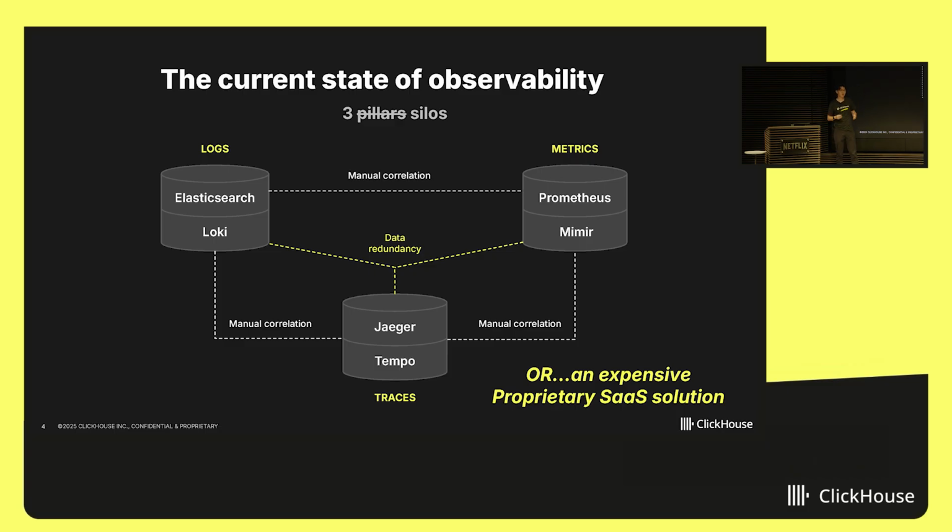The correlation between these three different signals, or the clues you need to actually solve an incident, are distributed across different data stores. Correlating and bringing them together in one place is, at best, you can maybe see a few of them on the same dashboard, and the engineer has to manually correlate via timestamp to figure out what is going on. Or perhaps you shell out for a vendor to give you a very expensive proprietary SaaS solution that might not scale efficiently to the scale that you're running at. And at the end of the day, they're still duct taping some of these products together under the hood with a nice shinier UI.